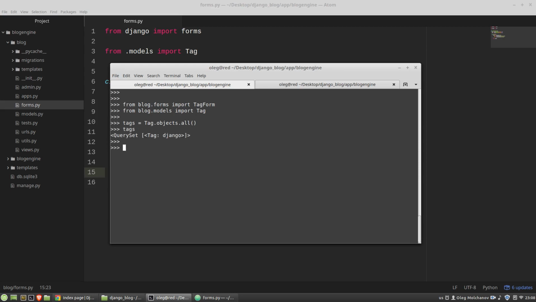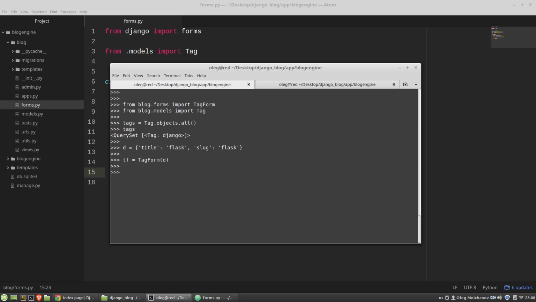Okay, let's create a new dictionary with some valid data. The title will be Flask, and the slug key will be Flask also. And now I want to create an instance of the tag form, and I am passing my dictionary into its